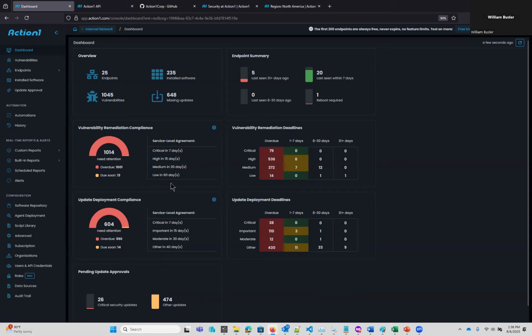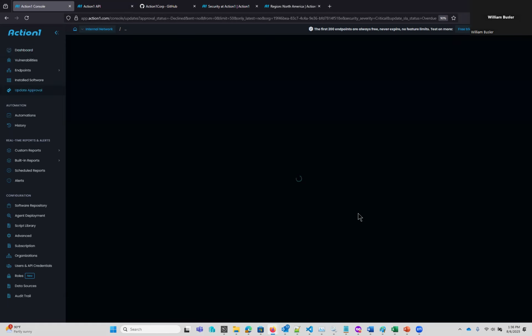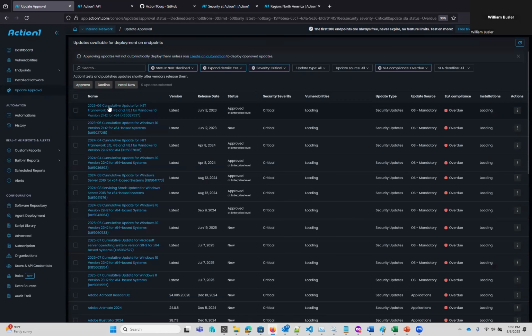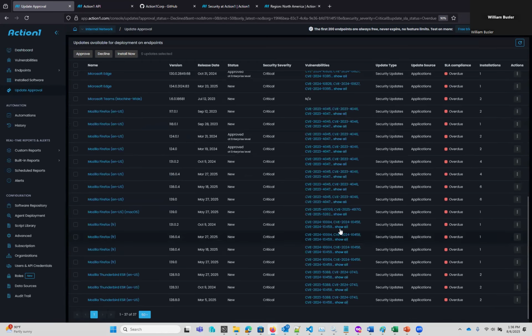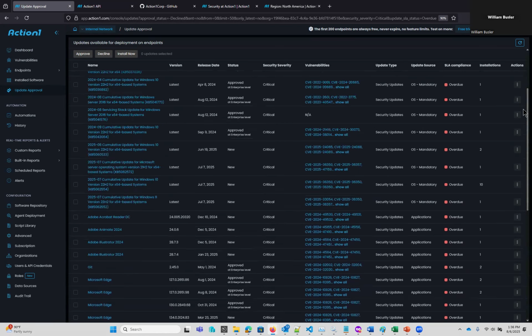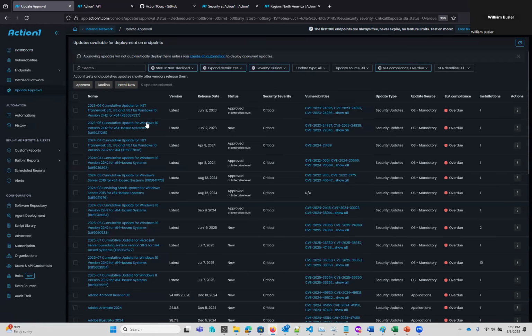Being more selective with how you do patching is always preferred. But just to walk through a real quick patching process, we can just go through my most critical updates here real quick and take a look. From here, I can see I've got a number of Windows updates that need to get pushed out. I've got a number of third-party application updates. These are all critical updates, and I can see all the CVEs that are associated with these patches